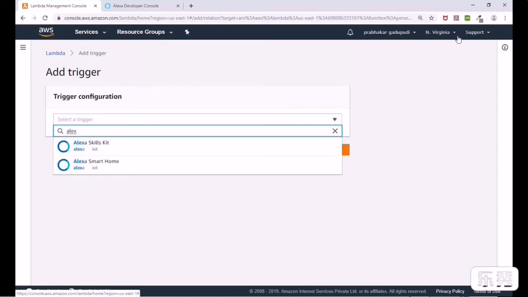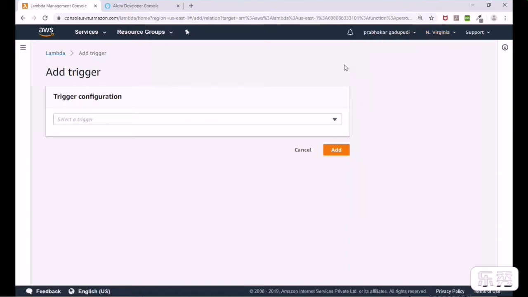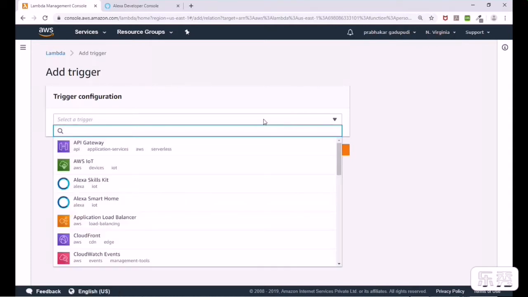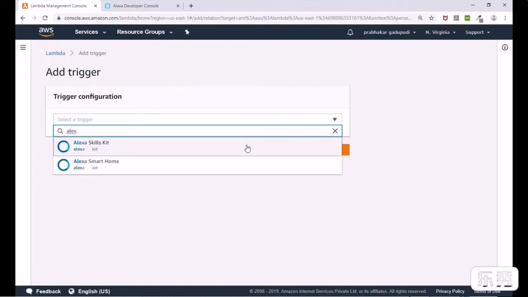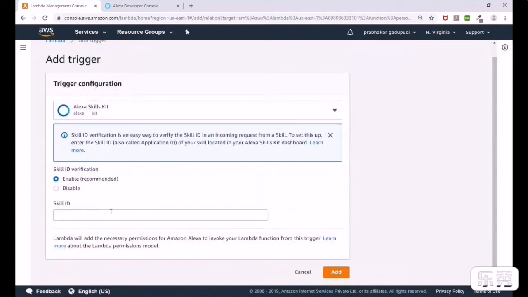Sometimes for a few of the regions, like Virginia, Asia Pacific, and EU, some of the versions of this Alexa Skills Kit are not available. So always try to use Virginia or any other region where the Alexa Skills Kit is available. Now go to Alexa Skills Kit, click on it, and inside the skill kit,